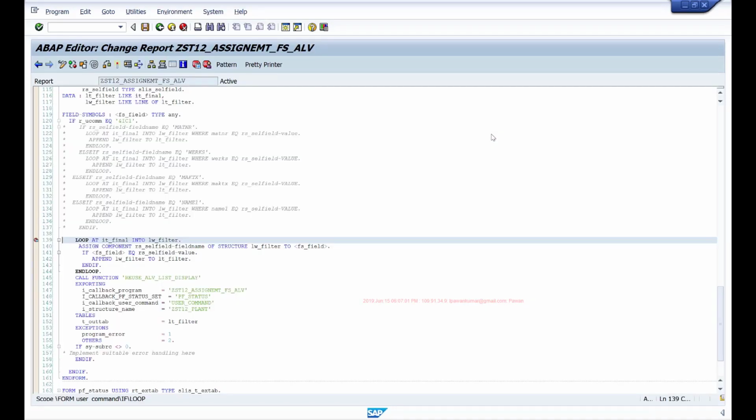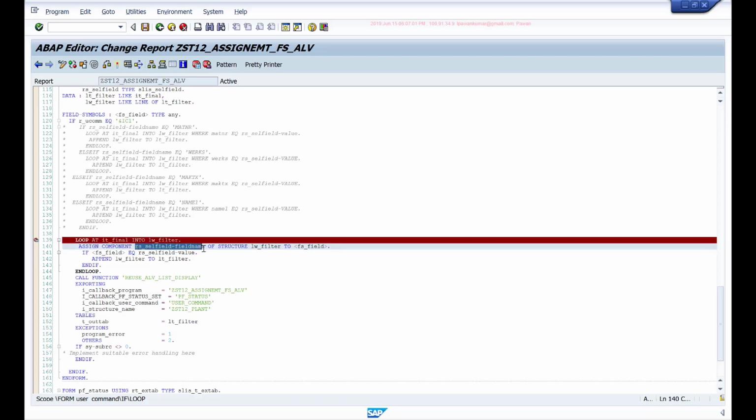So field symbols are basically pointers which you can point to any memory, and one advantage of using field symbols is that you can dynamically assign any field at the runtime to your field symbol and accordingly build your logic to make your functionality more dynamic. Okay. Initially, if you are new to programming especially, you may find it a bit confusing, but practice this, define a field symbol, use that in a statement, assign one data object to it, check in debug mode how it works, and then you should feel comfortable. But however, you need to remember few things when you're working with these field symbols.